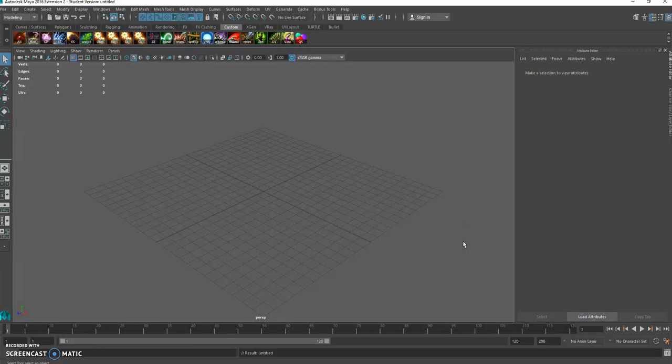Hey everybody, I'm going to run through a quick demo of a tool I made in Mel for speeding up initial material layout work in Maya. So let's dive in. So once you've installed QuickShader, you can access it by running the command